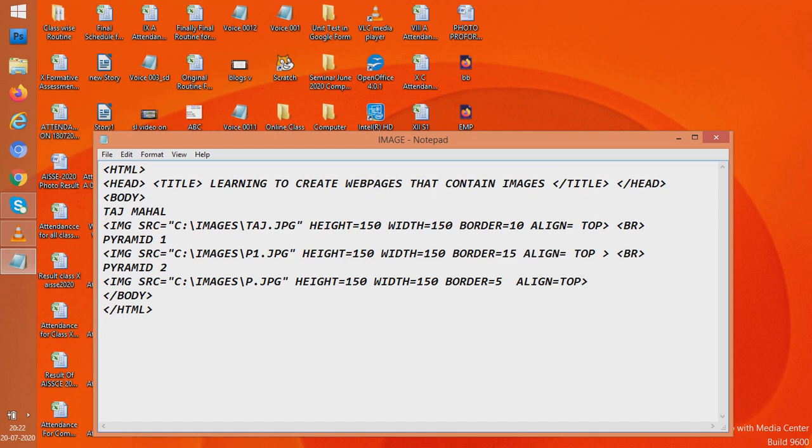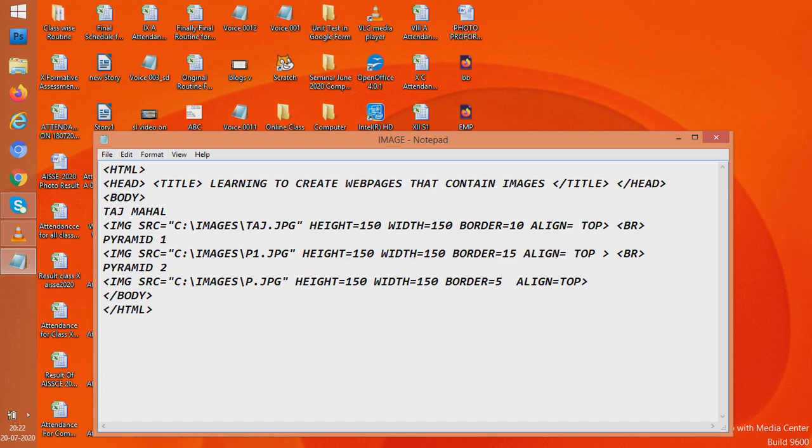So remember students, top, actually what becomes at the top? The words become at the top of the image. But when we said left, right, the images actually were taking the positions left or right of the screen. But when we said top or middle, the words were changing their place, the images were intact.